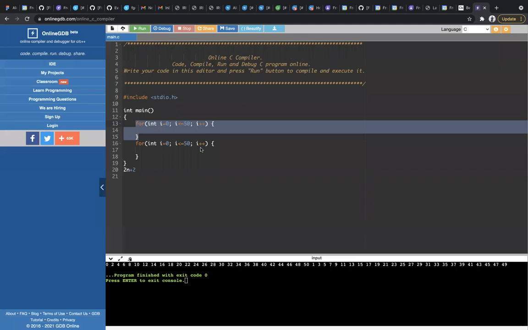Is it 50 or 51? Because starting from 0 and ending in 50. You got it? It is starting from 0 and ending in 50, like less than or equal to.